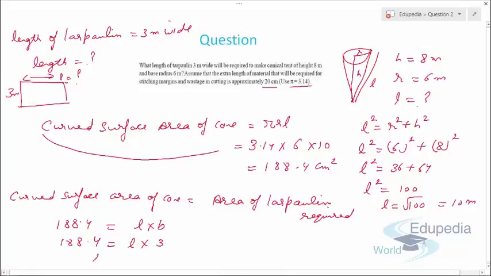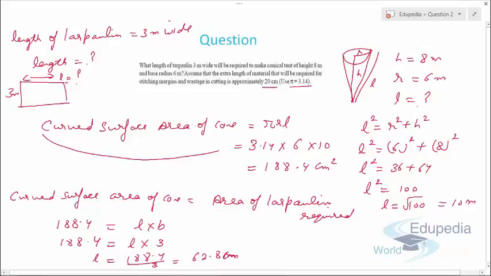So we can get length as 188.4 divided by 3. So the answer will come out to be 62.8 centimeter, right? Now in the question it's given that we need to consider an extra length of approx 20 centimeter,